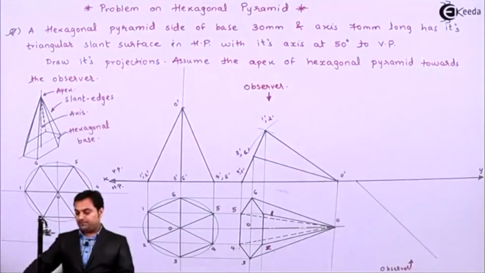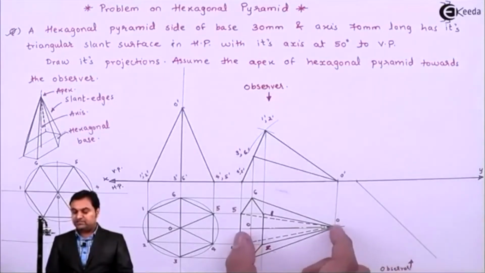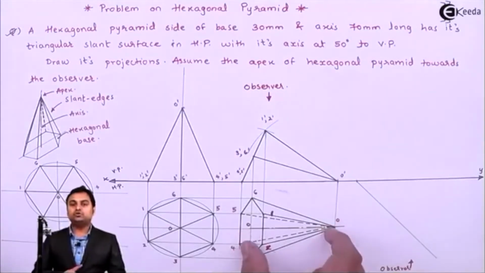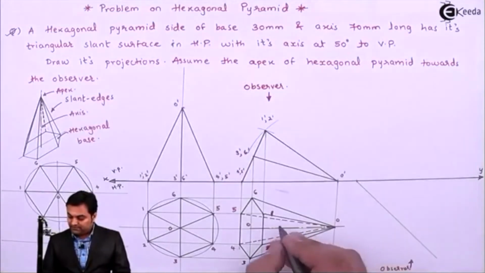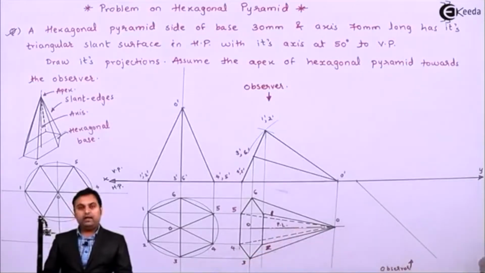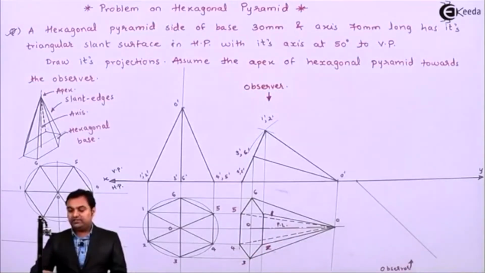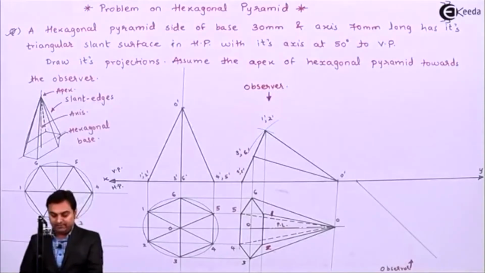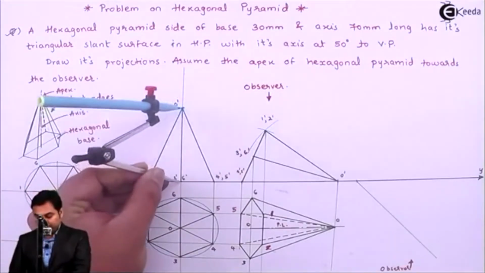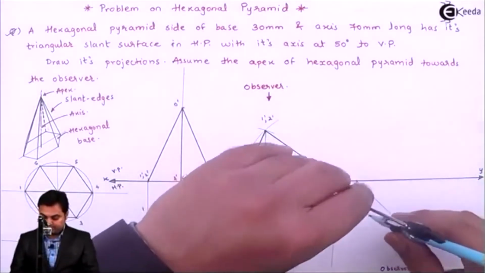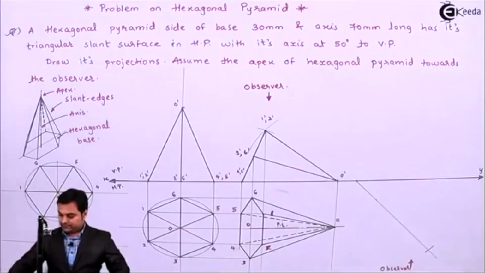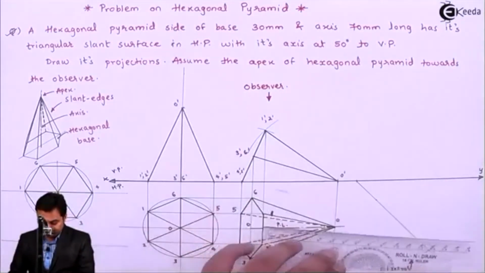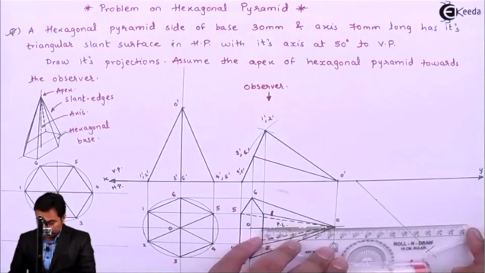But when I have to tilt this pyramid, this length of the axis which we get in the top view is not the true length. So this is called as PL, plan length. So if the inclination of 50° is given, for that I'll measure the original length of the axis and mark over it. That is the original length. And then drawing a light line through this point.